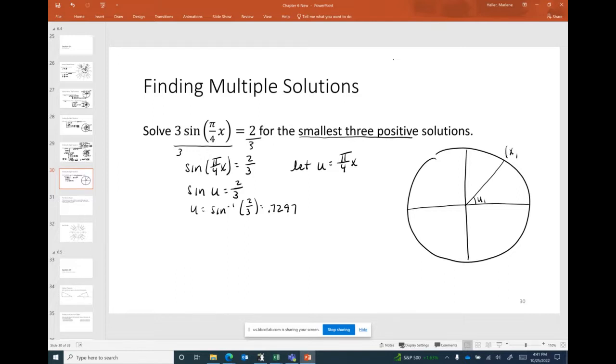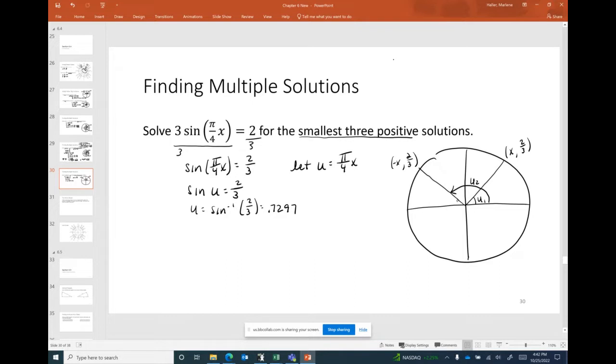The sine, I don't know what x is, but the sine is, no, 2/3. I keep getting those reversed. Okay, the sine here is 2/3. Where else is the sine 2/3? Well, the y's are positive in quadrants 1 and 2. So we have another angle over here. That's the negative of whatever that x coordinate is, but the y coordinate is the same. It's 2/3, right? So we know our u1, it's 0.7297. Our u2 is this guy, our second u,